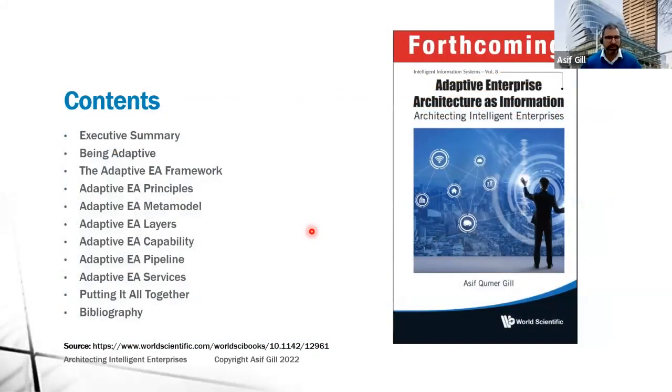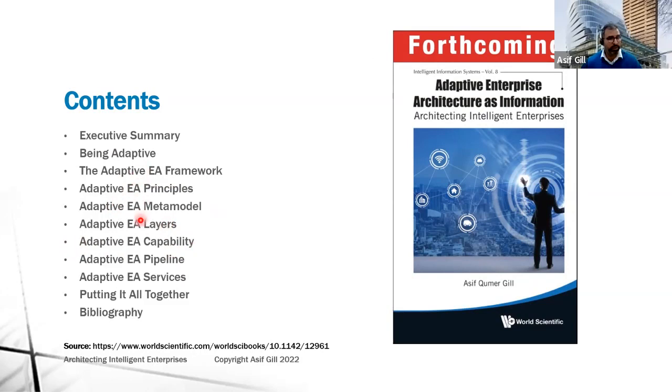Finally, as I mentioned, this whole thing is covered in my upcoming new book. This has already been available online. It explains the whole case study in putting it all together and explains all the components as well. It's pretty much simple. You need to have your own framework. You have a mindset of being adaptive, and then you have principles to guide your design. You need a meta model to capture your information about your architecture across different layers. And this all covers your design.